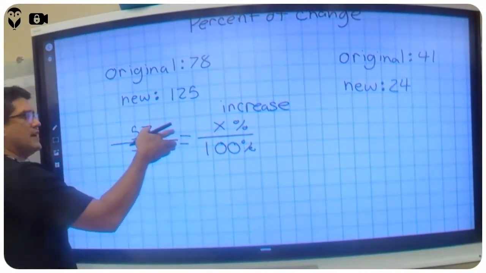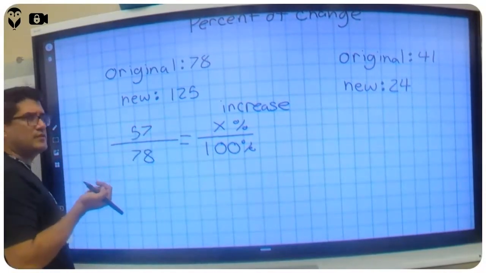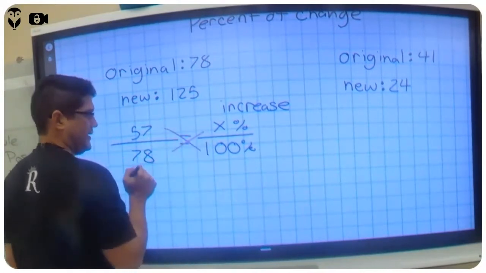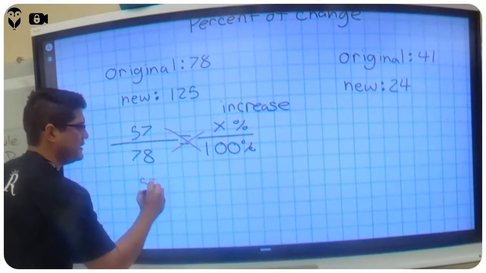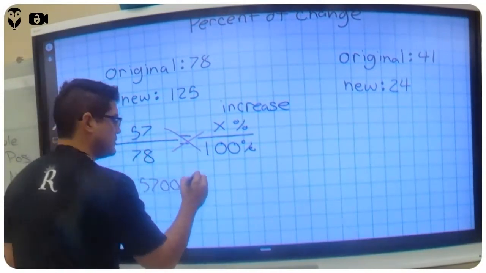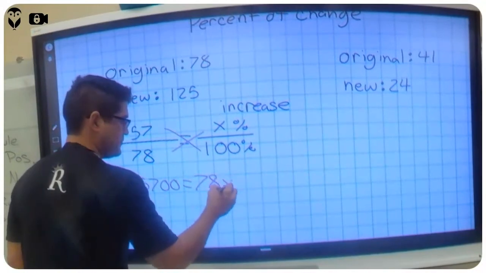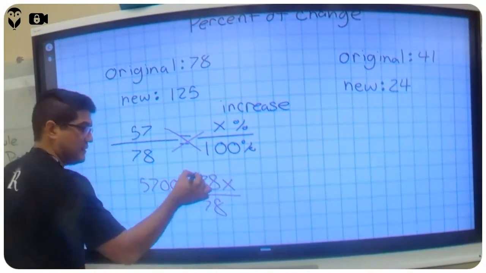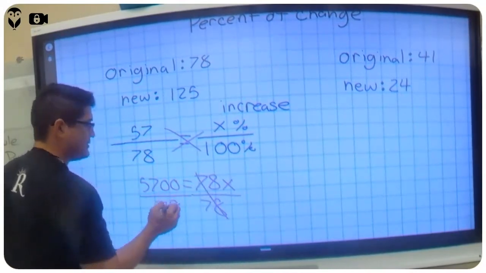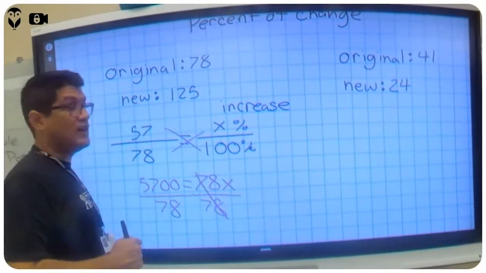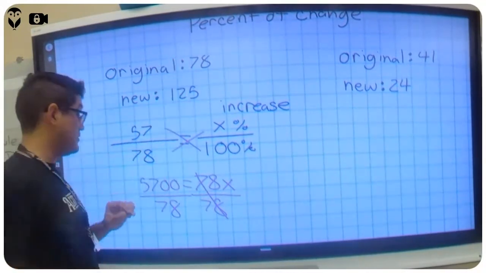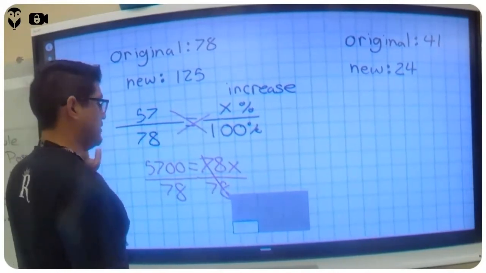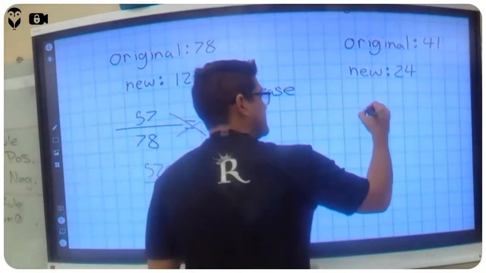Well, I have an equal sign next to two fractions. I know what to do. Cross multiply. So this is going to make 5,700 equals 78x. Then you divide by 78 to leave the x by itself. Divide by 78. And your answer is going to be your percent of increase, because we know that it increased. So let's figure that out. Let's see if I have any space to do a division problem. I'll do it over here and then erase it. So 5,700